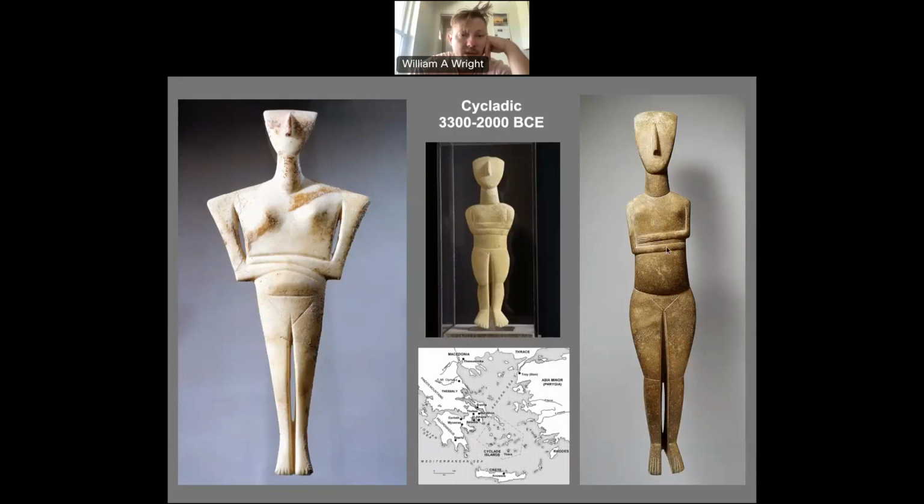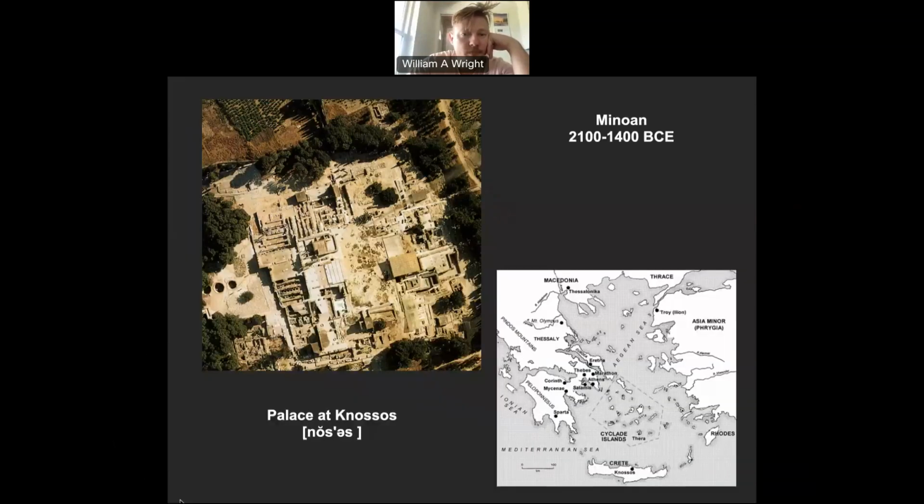In the Cycladic era, we see these geometric breakdowns. They're sort of abstractions of figures, and it's something you might recognize as calling back to when we get to Cubism and some later movements of the 20th century. But we know that these simplified figures tie back to a specific culture, and that's kind of the main artwork that we know. It's the Cycladic Islands. We know they were seafaring people, and they had this particular image. We know that from there, from the Cycladic Isles south of there, is the island of Crete,